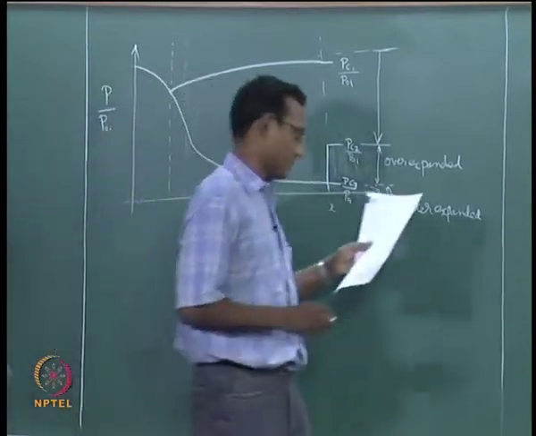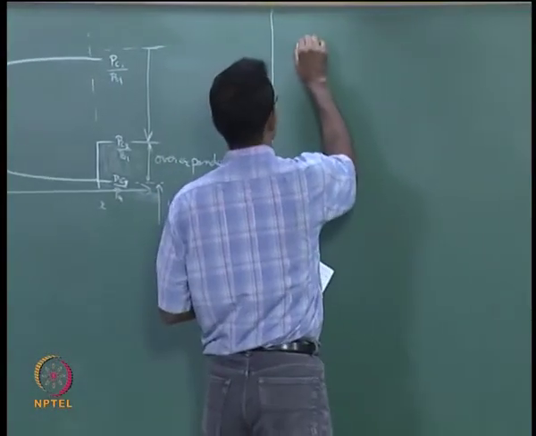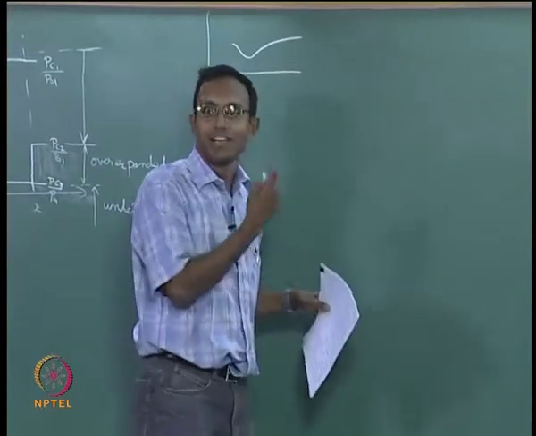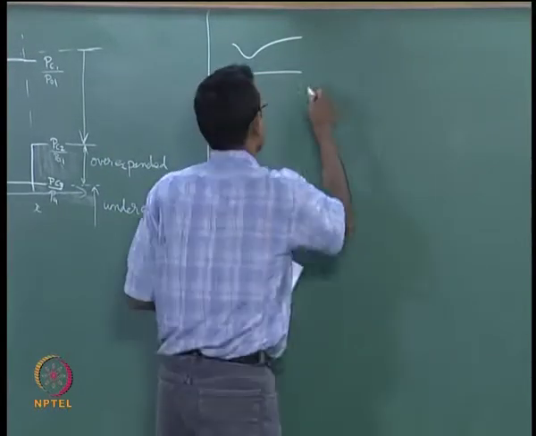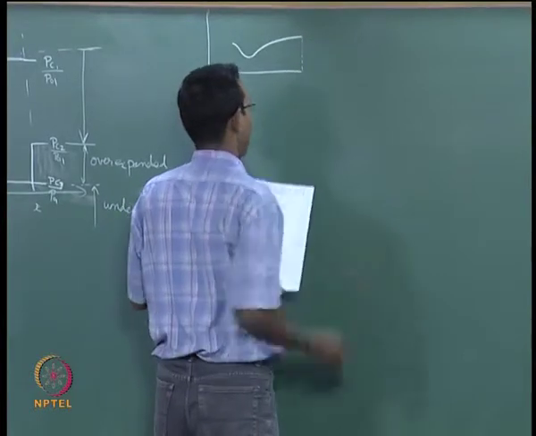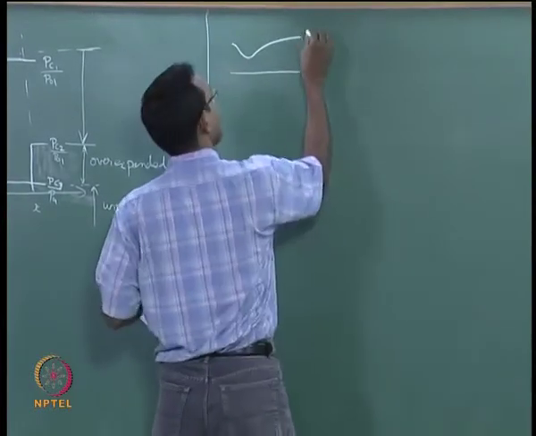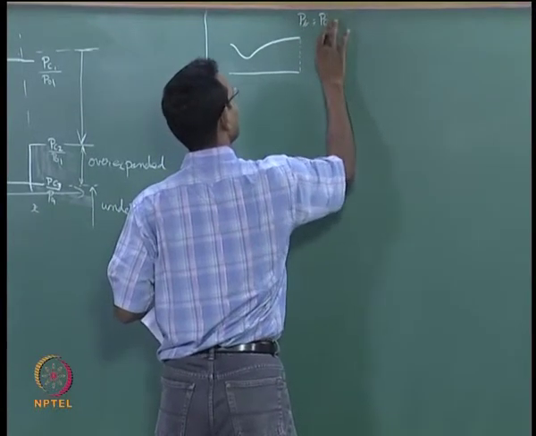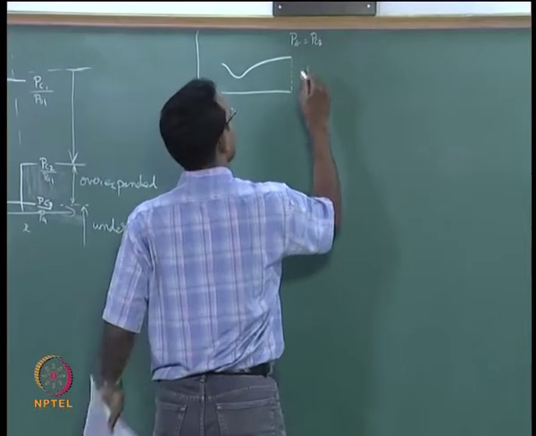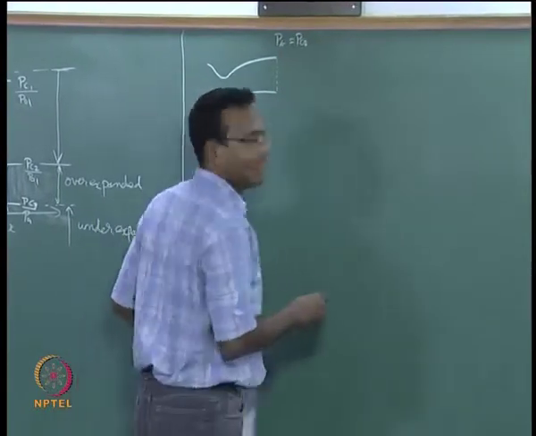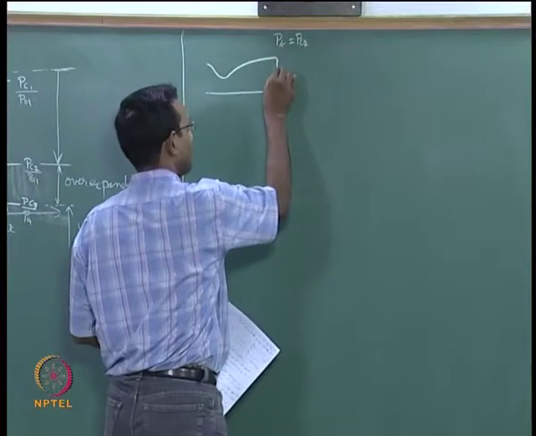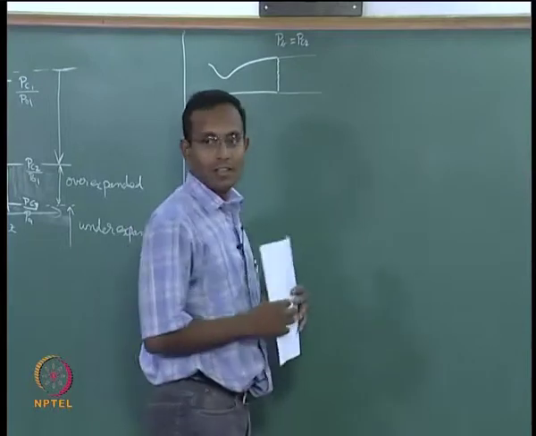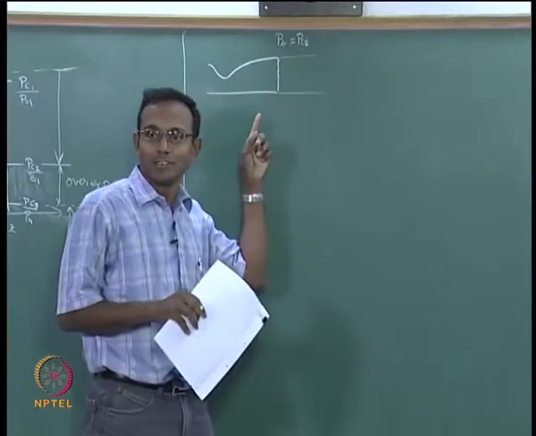I want to look at some nozzle, we know we are solving it 1D, so I do not need to worry about shapes being symmetric or anything, it is just a 1D problem. This is my exit plane, and if my Pb equal to P critical 2, Pc2, then what will I have? I will exactly have a shock at the exit and the flow will be just going straight. I have also done one more thing in drawing this nozzle very carefully.